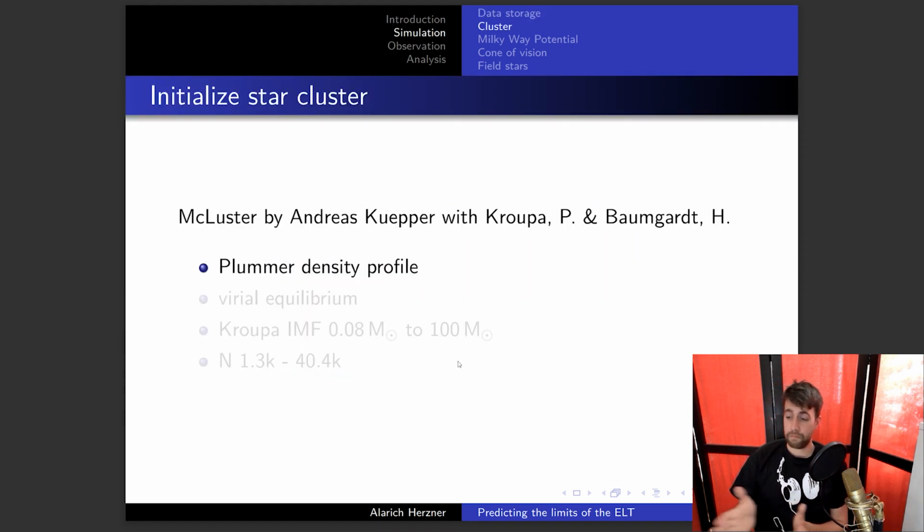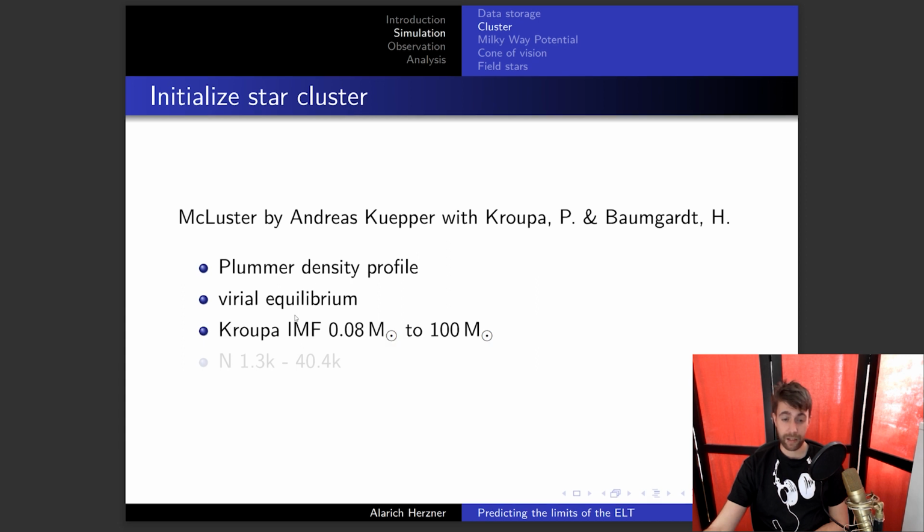Okay, so when simulating stars, first of all, we have to initialize the stars, meaning we have to set initial mass, initial position, and initial velocity. And for that, I used an open source package named McCluster. Setting some initial parameters, not going into all the details here, it results in over 40,000 stars. So that's quite a high number, which makes it quite challenging to compute all the velocities and